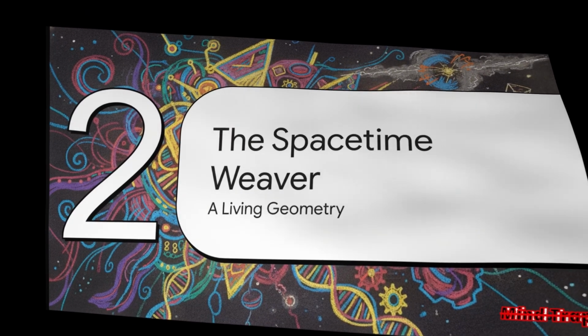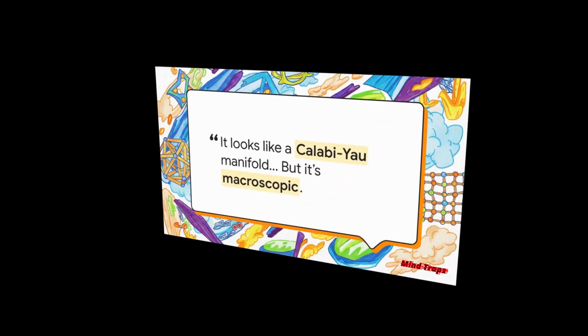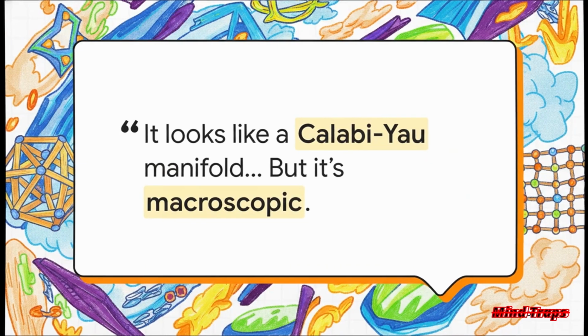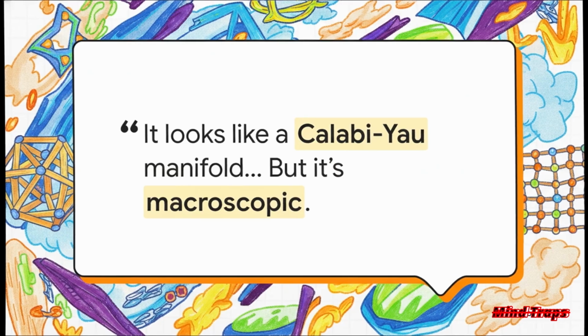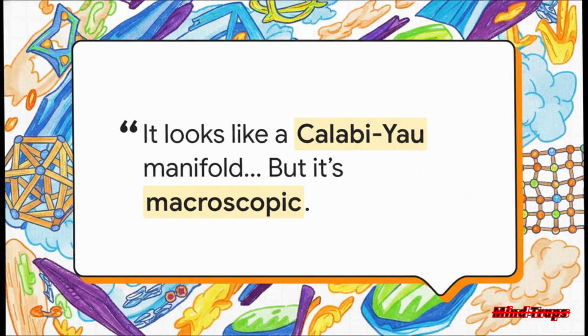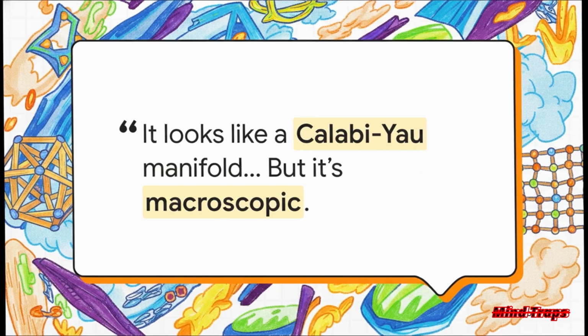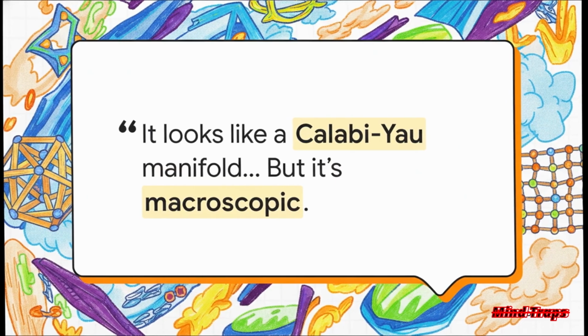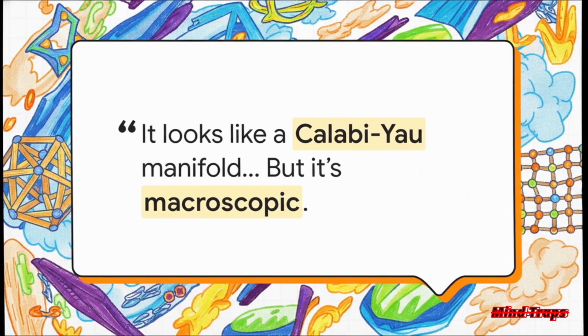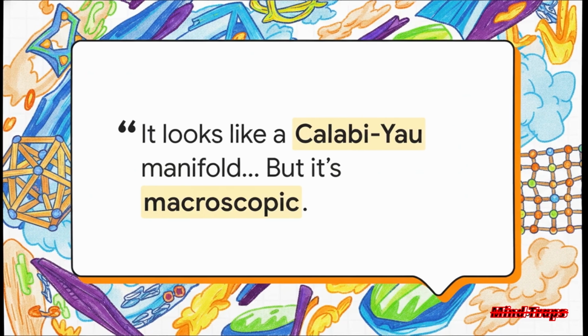Section 2. The Space-Time Weaver Entity. Desperate to survive the fast-approaching end of time, our crew alters course toward this anomaly, and what they find completely defies standard biology and engineering. Instead of another ship or some metallic structure, they find what they call the Weaver. Elena describes it as looking like a macroscopic Calabi-Yau manifold, and it's 3 kilometers across. No way, right? It's a shimmering, living geometry made of a self-sustaining lattice of highly entangled quantum states, just constantly folding through higher dimensions. No flesh, no bones. It's a creature made of pure mathematical abstraction.